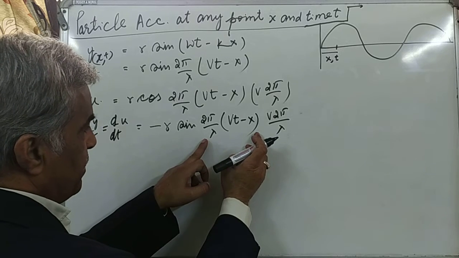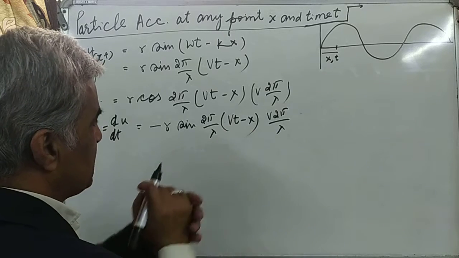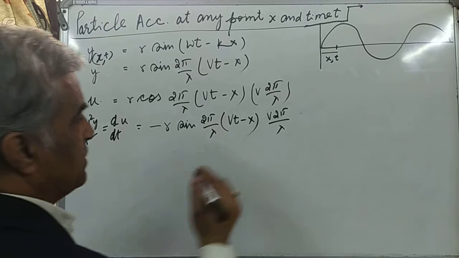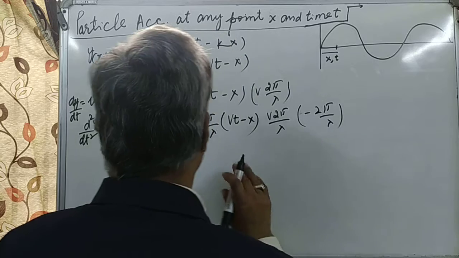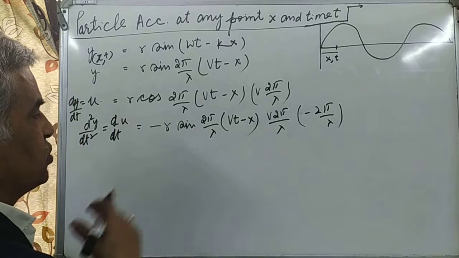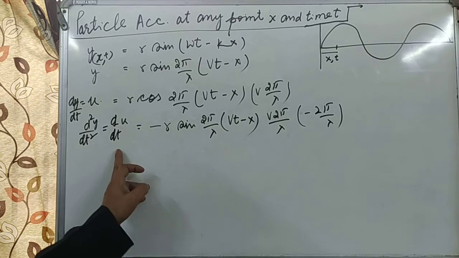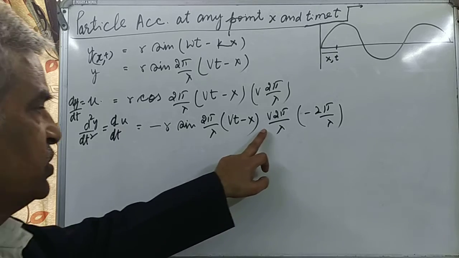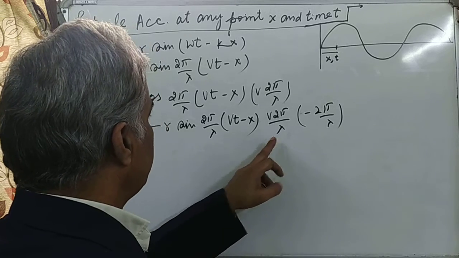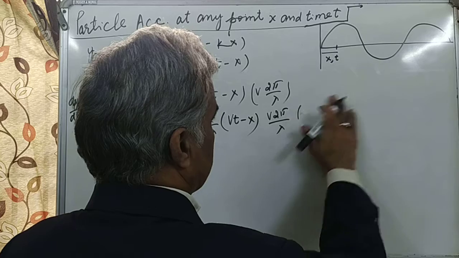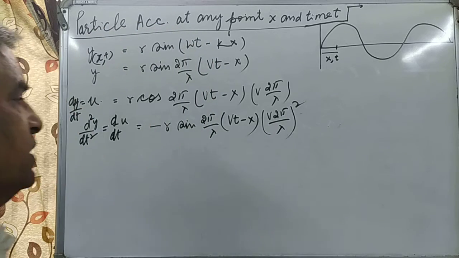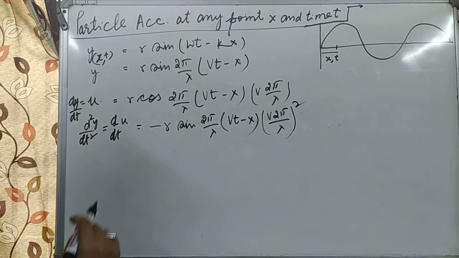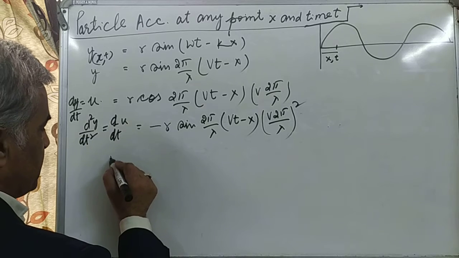So again you will find minus 2 pi by lambda, with respect to time t only. So the same value will be v times 2 pi by lambda. So I am squaring it. So further, this is the acceleration,